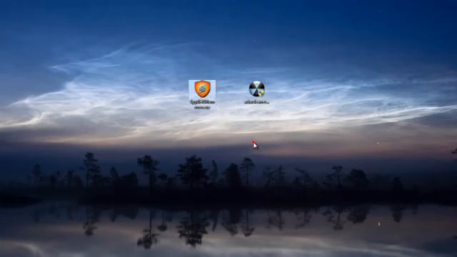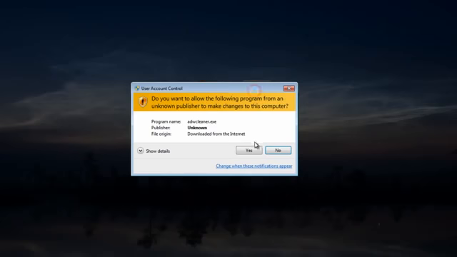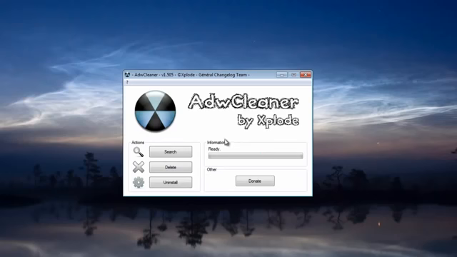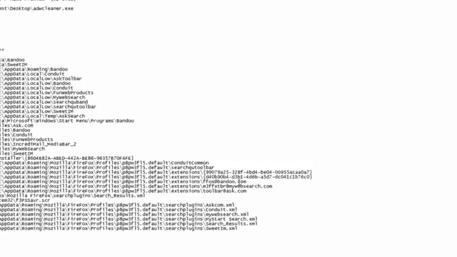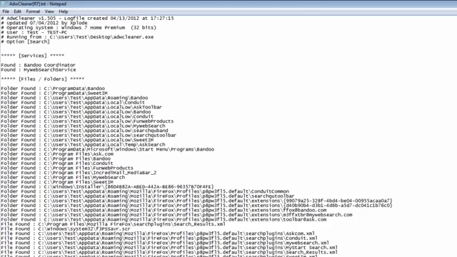I prefer this tool here. Now this is one of my favourite tools for this type of job, AdwCleaner. It's by this French guy, and I'll tell you what, it does a pretty good job. All you need to do here is click on Search, and as you can see, it gives you a big readout. Services, you can come through here and have a look, folders and files, and it tells you where all these files are located,